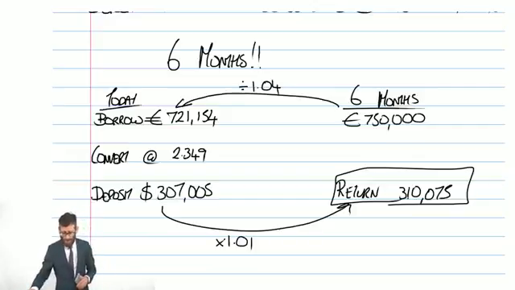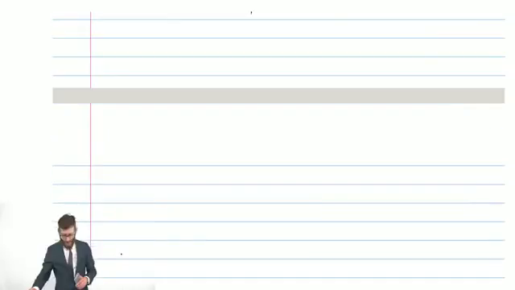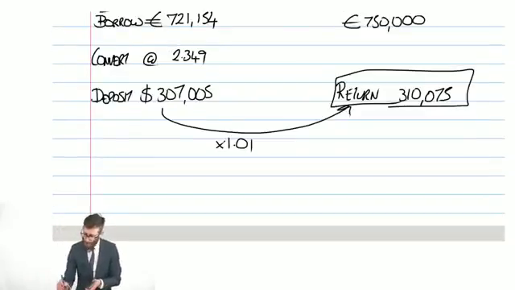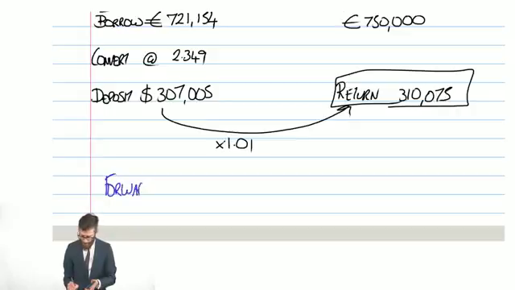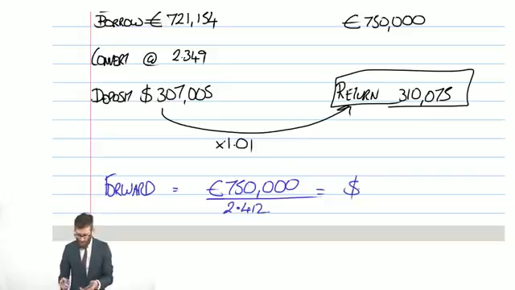What I'm going to do is compare this with the forward exchange. The forward exchange, well, 750,000 euros are divided by the forward rate of 2.412, which gives me a dollar figure of,